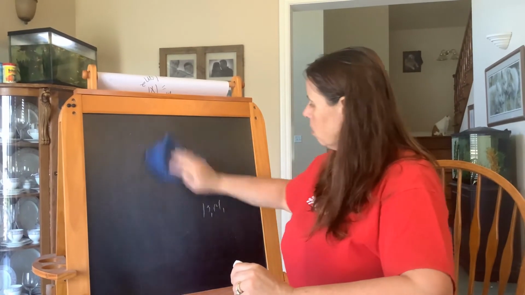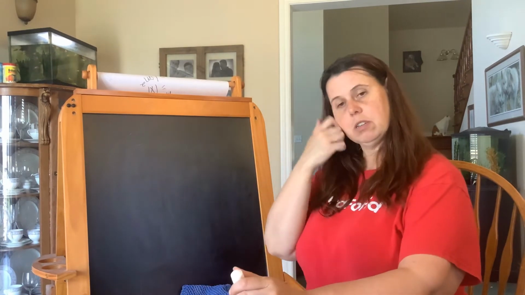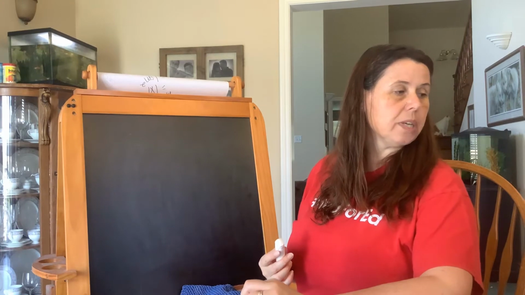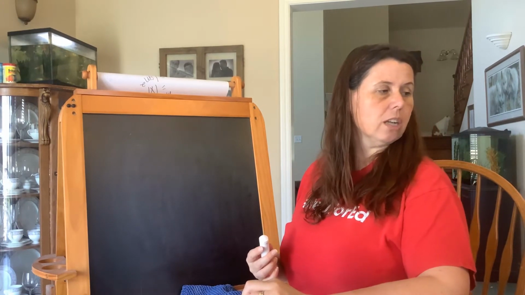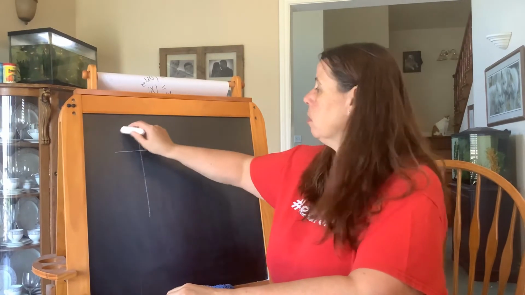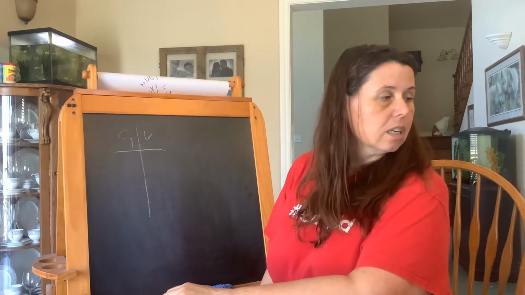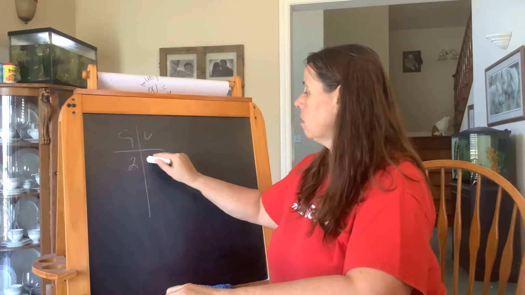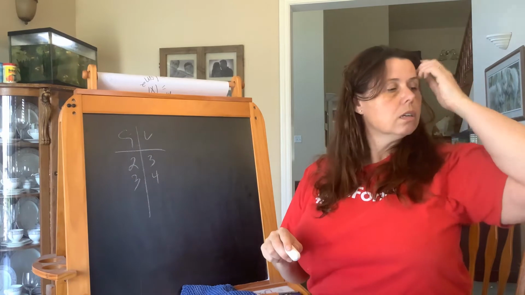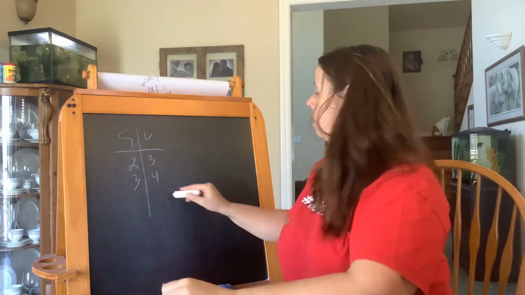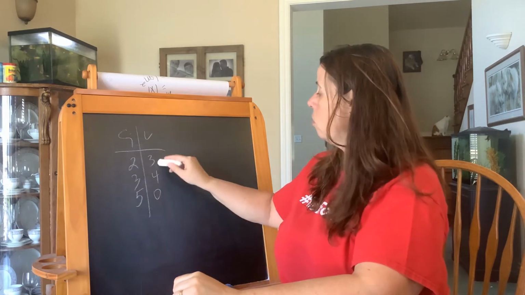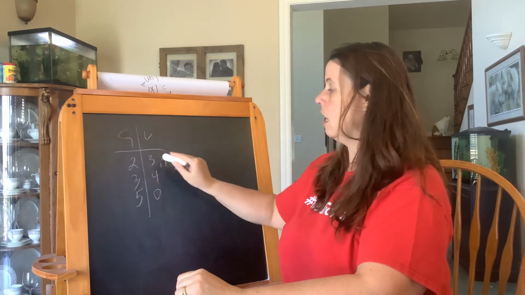I'm gonna do one more with you. We'll do a hard one, so you got something to work up to. All right, let's do E. There's lots in E. Okay, here's my stem and leaf. I'll put an S and an L up here to help you. Okay, 23, 23, 34, 50, 29, 29,